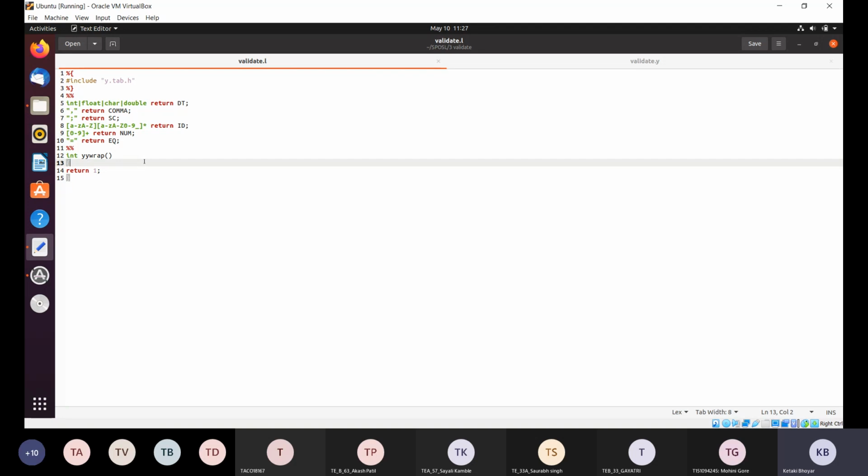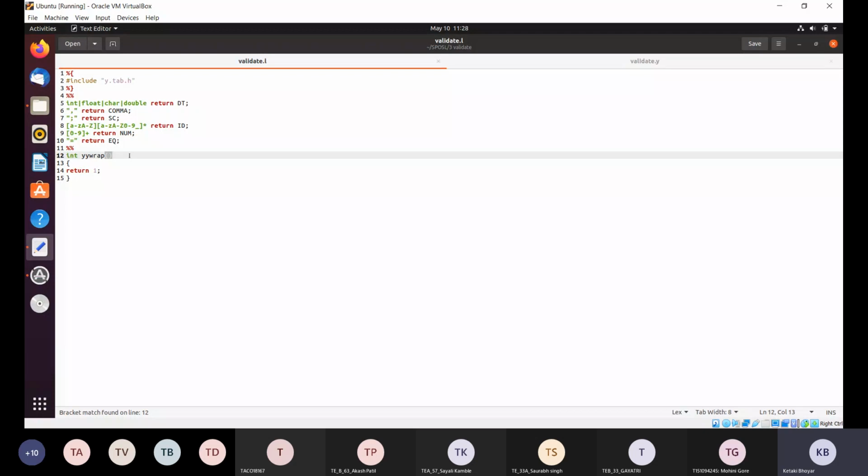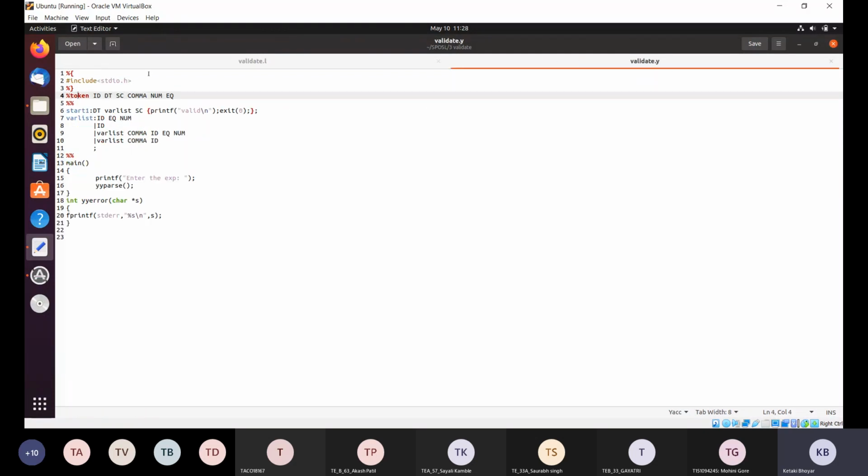And if the arrangement of those tokens is correct according to the given syntax, according to the given grammar rule, then only that particular statement will be validated. Getting? So this was the lex file that we have seen right now. Now we will see the YACC file. We have seen the first section where we imported the hash include stdio.h file. Now the next thing is we were at this statement.